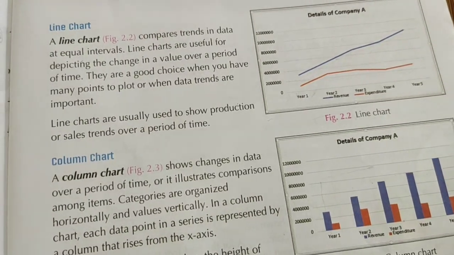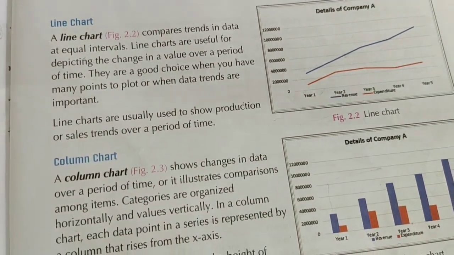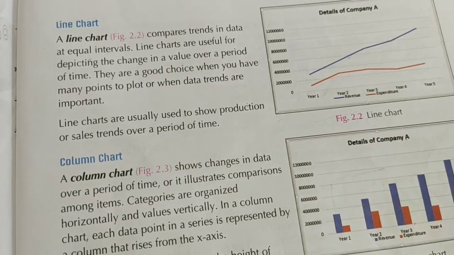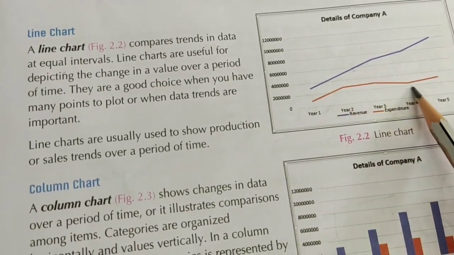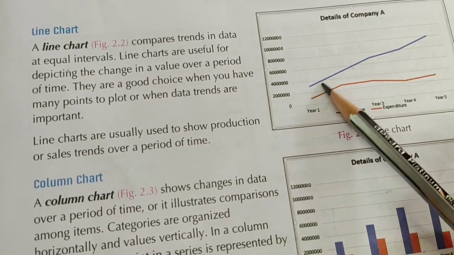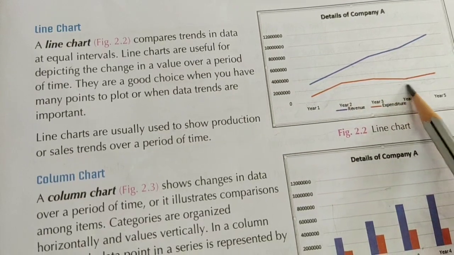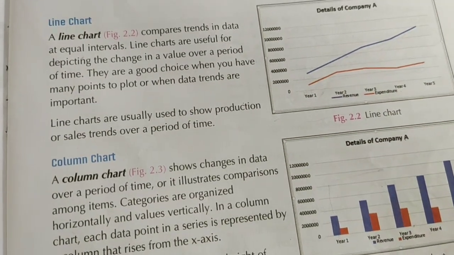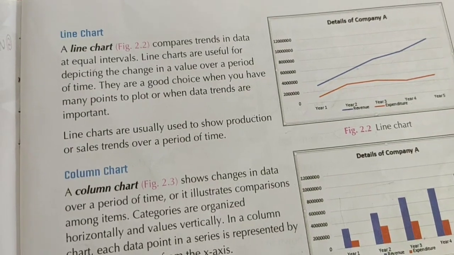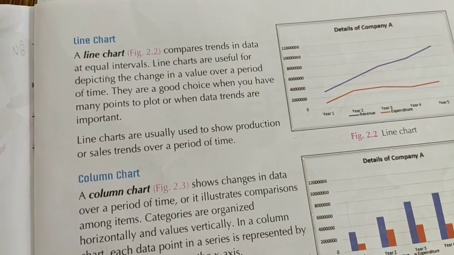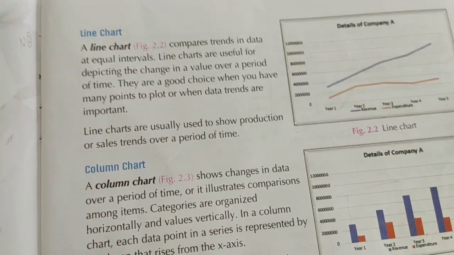The first type of chart is the line chart. A line chart is a graph that represents data changes over time. You see this line is showing the increasing and decreasing of the value. Here it's only showing the increasing value, and here it's showing both the increasing and the decreasing value. How does it represent this? It represents it by drawing a line, and we call this a line chart, as I already showed in the previous diagram, right?